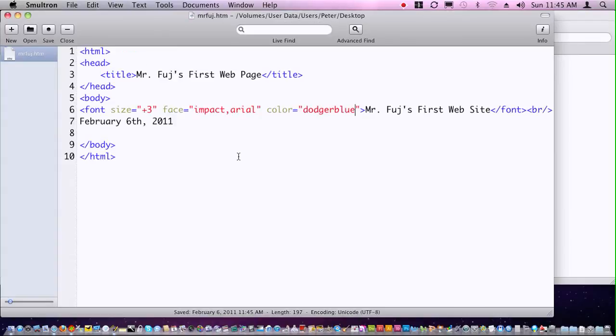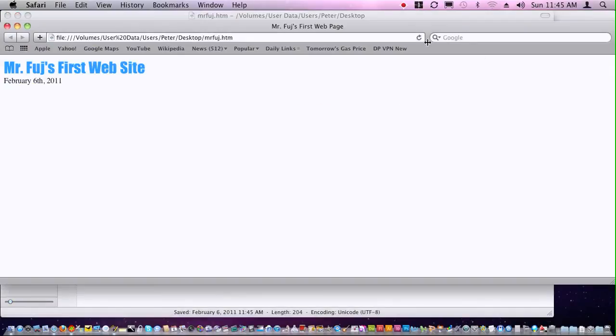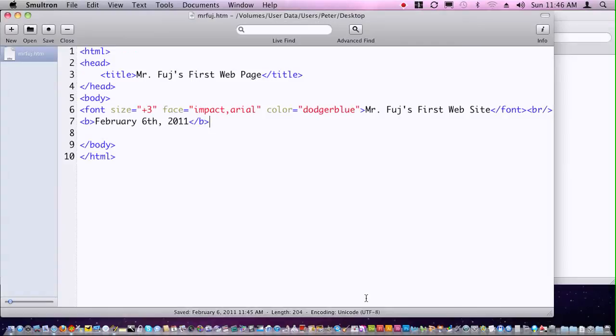And there we go. The only other thing I'm going to show you here is, on the date, I want you to change it to bold and italics. That doesn't happen in the font tag. These are actually separate tags because they're so commonly used. And they're the simplest by far because bold is simply a B. Okay, and I'll put a closing B at the end here. That's where it'll stop bolding. And if I click save and I go back to here and I reload, you'll see that the font gets bolded. And if I do italics,